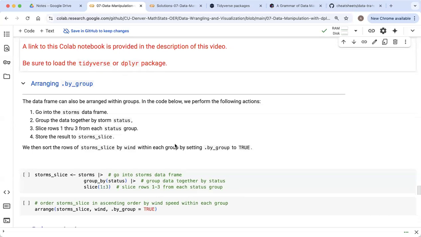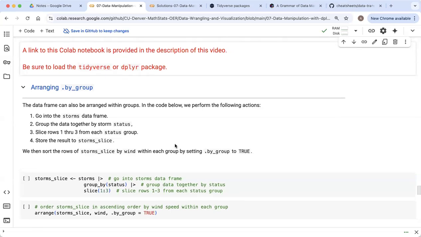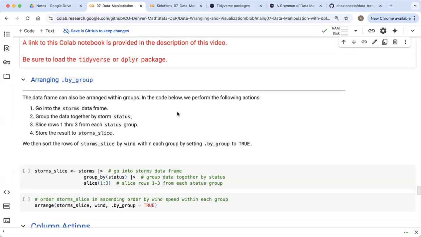All right, welcome everyone. In this video, I want to wrap up our treatment of the arrange function in the dplyr package before we continue on and talk about some other functions in dplyr. So far we have talked about how we can use the arrange function to arrange all of the rows in a data frame, either in ascending order or descending order by a particular variable's value, or possibly alphabetical order if they were characters. We can also arrange